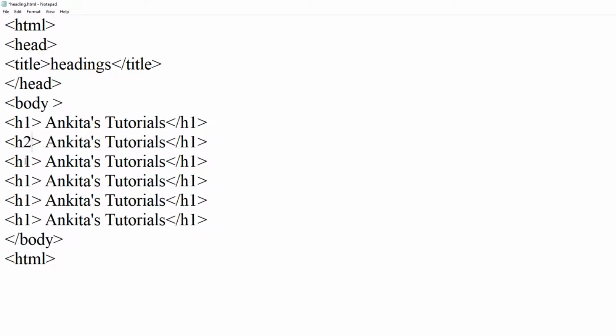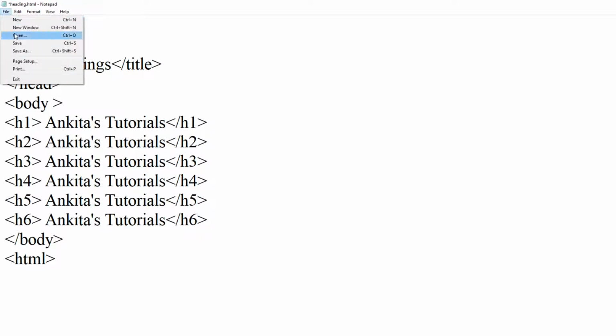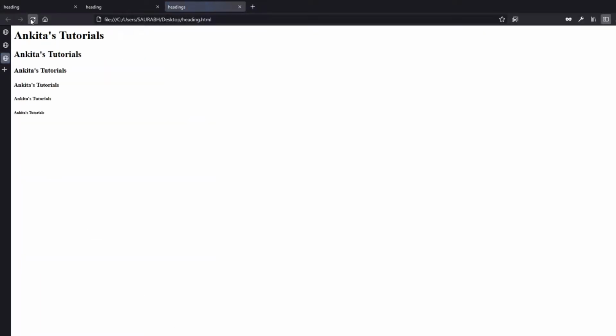Now here we will make some required changes, that is H2, H3, H4, H5 and H6. Same way for closing also we have to write here all the numbers, that is from H1 to H6. Done. Now save it, go to browser and refresh here.